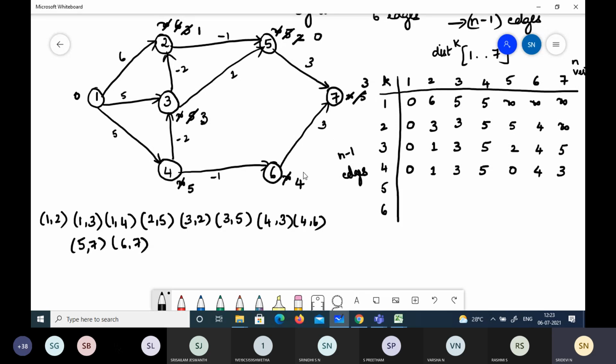So was there any change? As we didn't get any change, we can just note down the same values. Once there are no changes, you can just copy down the values as it is. So this is the shortest path from 1 to every other vertex. If you check, it will be perfect. Okay. This is one of the easiest methods to find it. Otherwise, you can also find it by using the minimum.